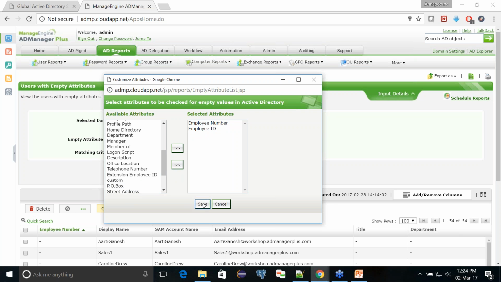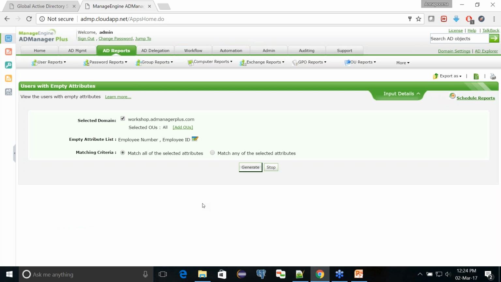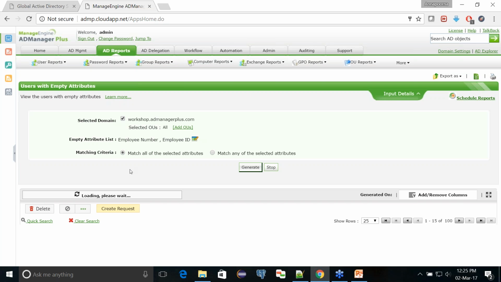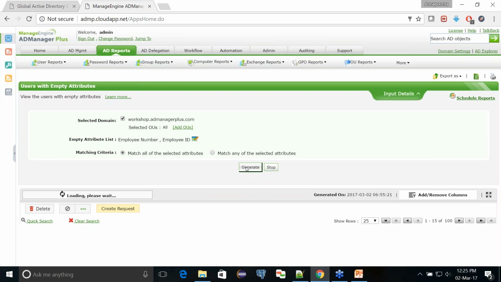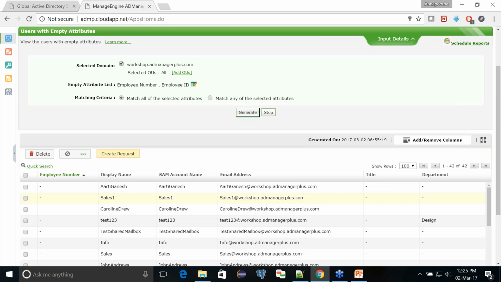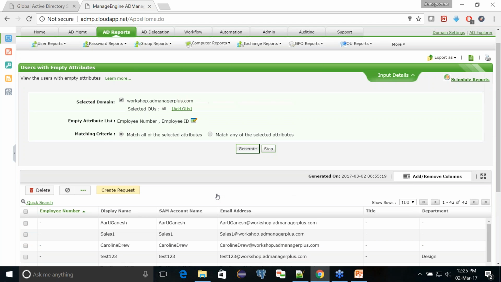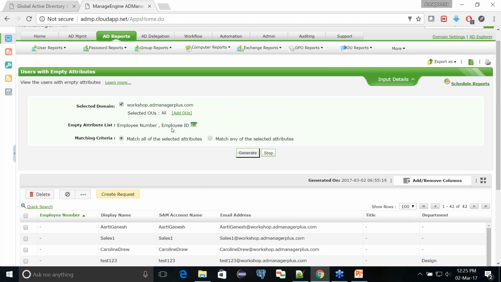And then hit save. So you can even decide whether the matching criteria should be for all of these attributes or just for any of the selected attributes. So I need to find whether any one is empty or both the values are empty. Okay, so I have selected match all of the selected attributes empty and then hit generate. So I can see that there are 42 employees in my organization with both employee ID and employee number as